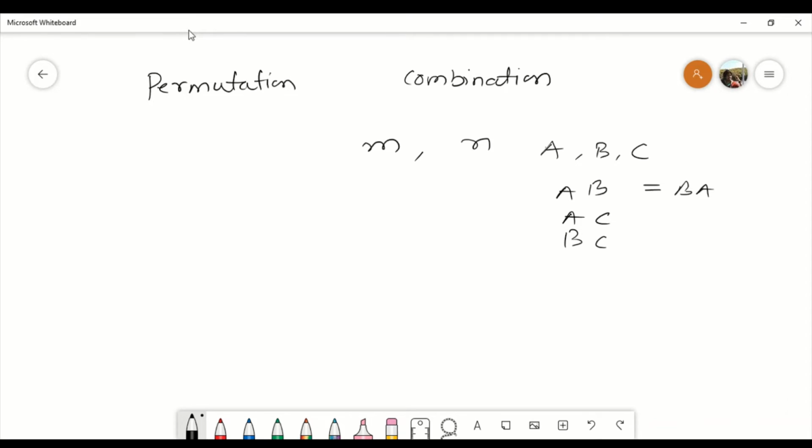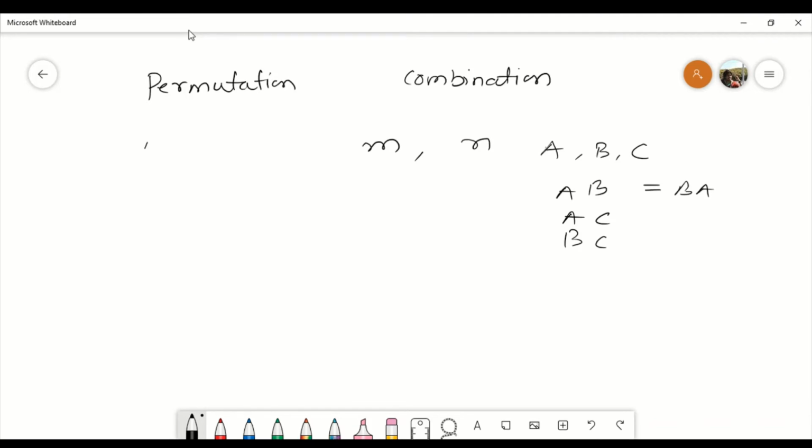Whereas in permutation, the order actually matters. So the permutation deals with the number of ways in which you can select n things from m things and arrange them, right? So it's like arranging a particular item from a pool of items.